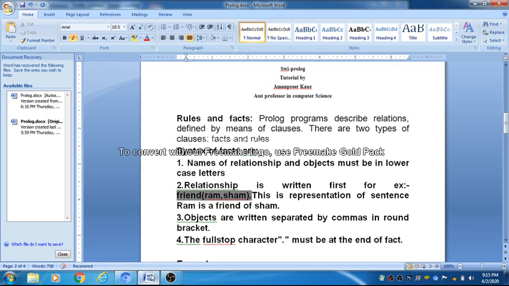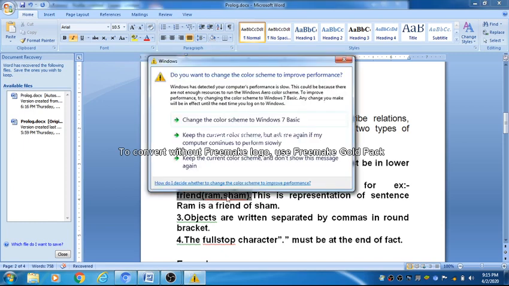Everything has a syntax. The syntax of a fact is that it contains a name and objects, but these are written in lower case. The relationship is also written in lower case and it is defined in this way. For example, if we want to represent the sentence Ram is friend of Sham, this can be represented in the form friend(ram, sham).